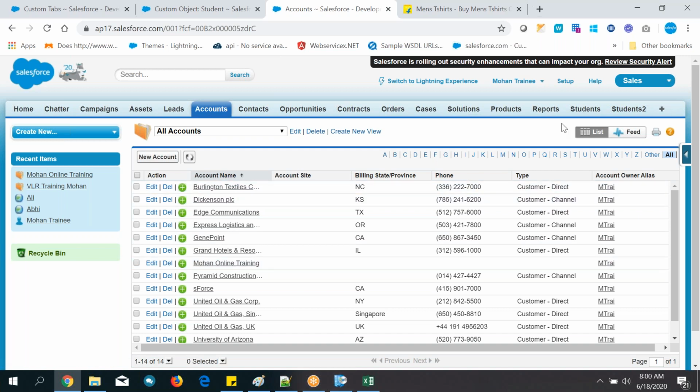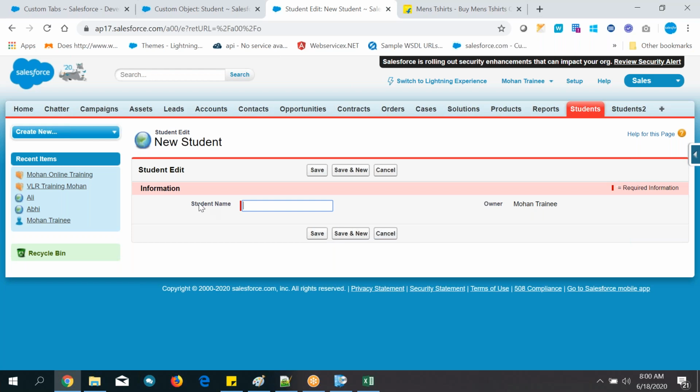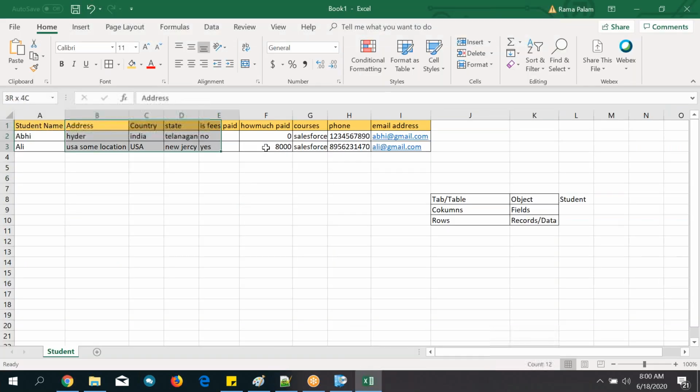Okay, so now go to your original tab called students tab. When you click on this, you are going to add only the student name. But what is my requirement? You need to add all other details also for the student. So what do you need to do in that situation?